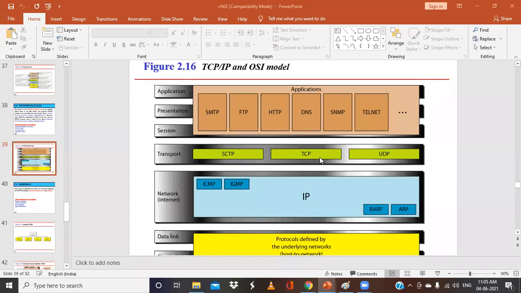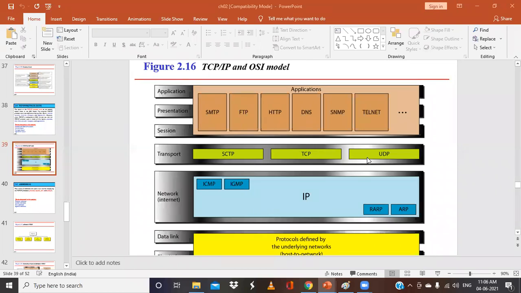UDP is basically User Datagram Protocol. It is the simpler of the two standards of this TCP/IP, and it is used for process to process communication. When we say process to process, we require port addressing, checksum, and error control. All these are the basic functionalities that will be taken care of by the UDP. Also it checks the length information of the data, what is the data size, that will be taken care of by the UDP.